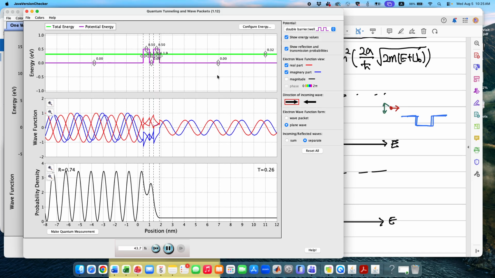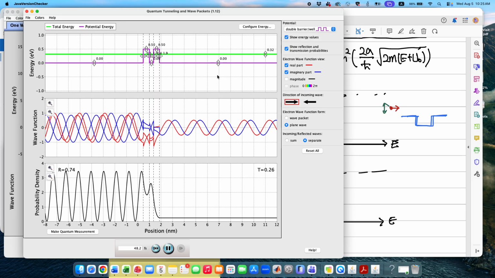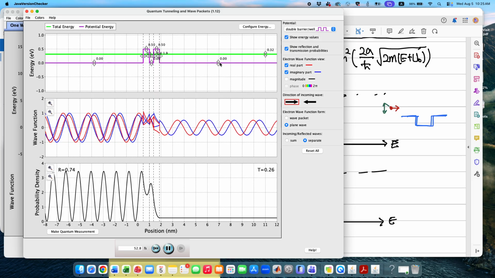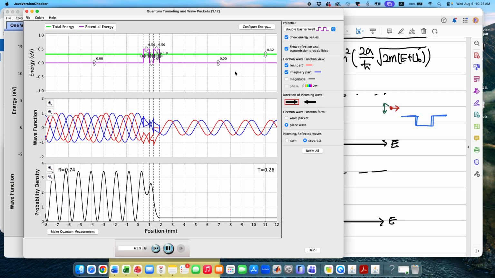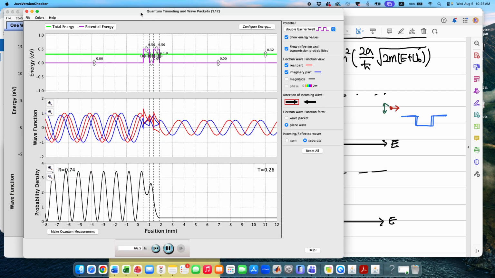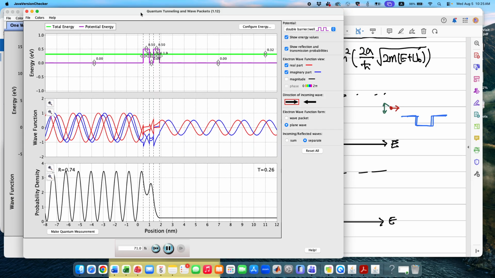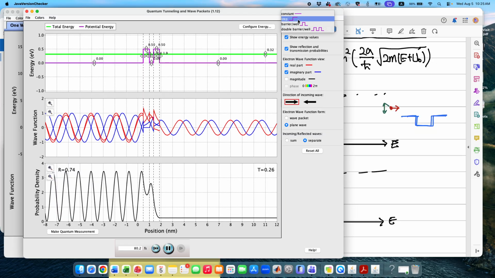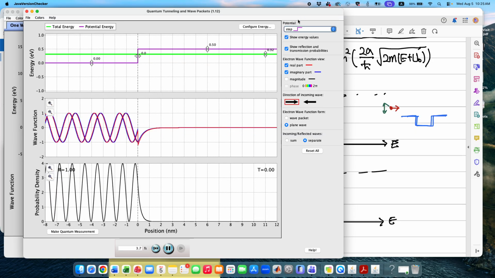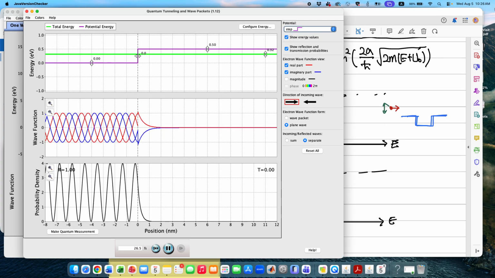So transmission 26%. These are essentially transmission or tunneling behavior for electrons, and this can be exactly described with the Schrödinger equation, okay? But again, this is a step function or barrier. We are not going to work on the Schrödinger equation, but when you do that, you will get this result, okay? All right, okay, so